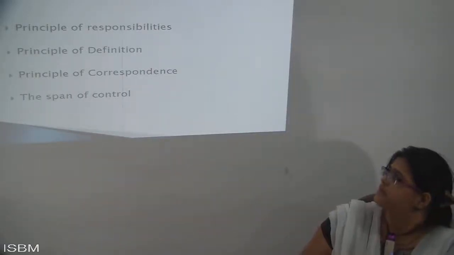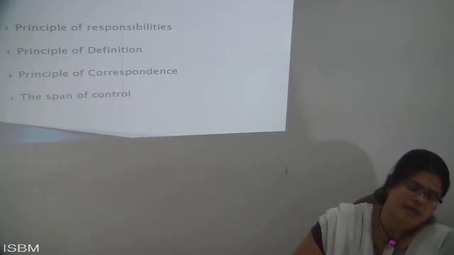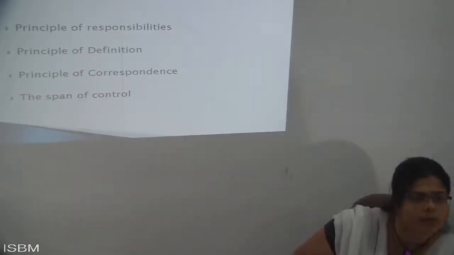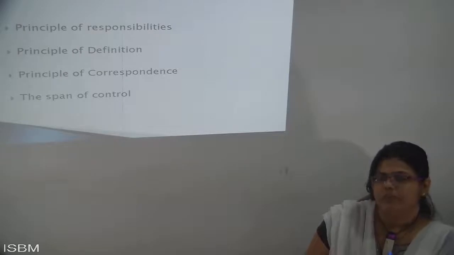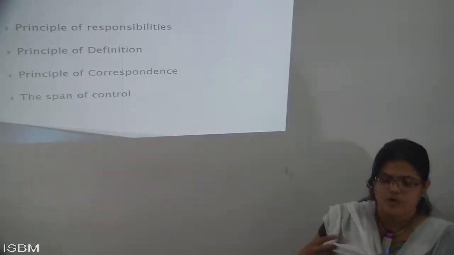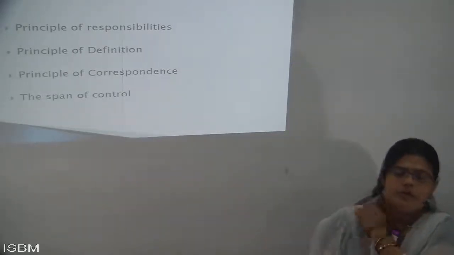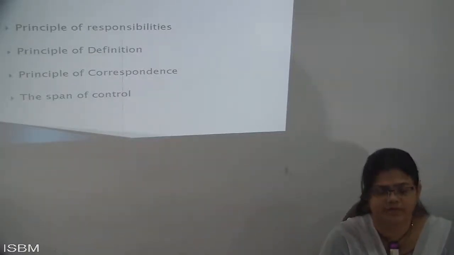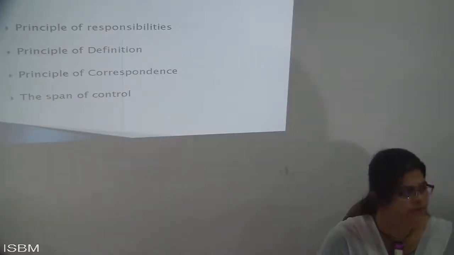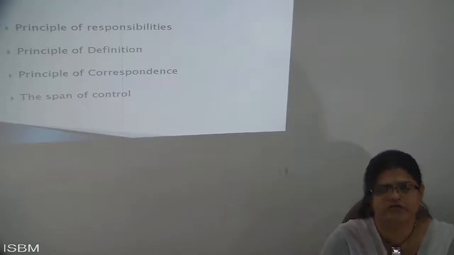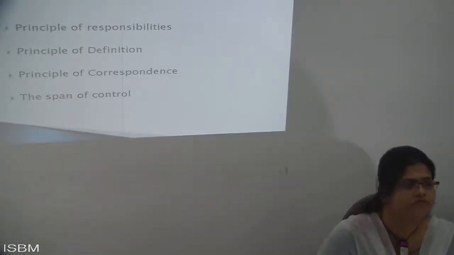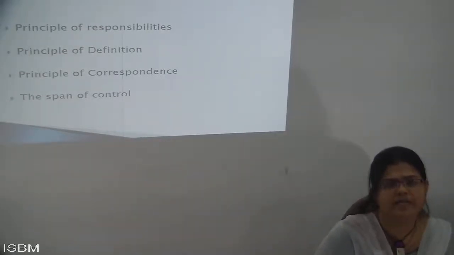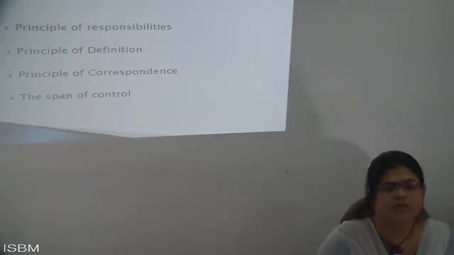Next it is the principles of responsibilities. Here, as authority came, there is one more term, responsibility, because nowadays in the organization not everything is done with authority, but with the help of responsibilities also. So next it is responsibility. Next it is definitions. You need to define each and every term, at least for the small terms, you need to explain them. What do you mean? What is this? What is this?